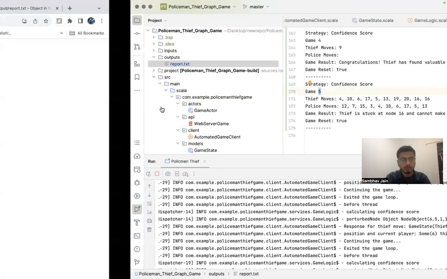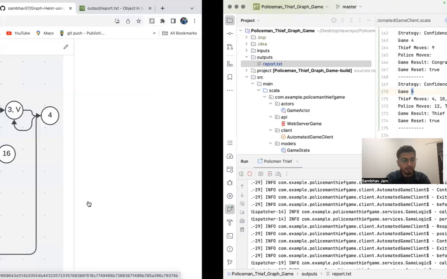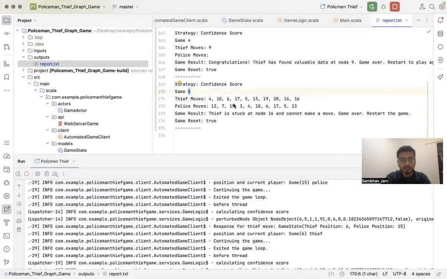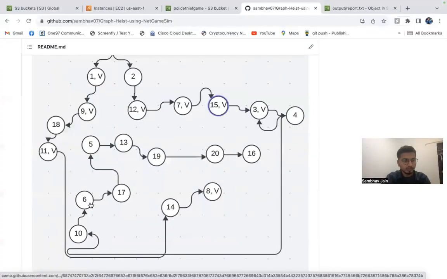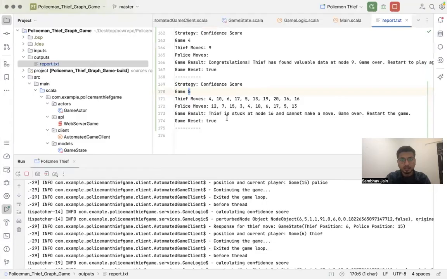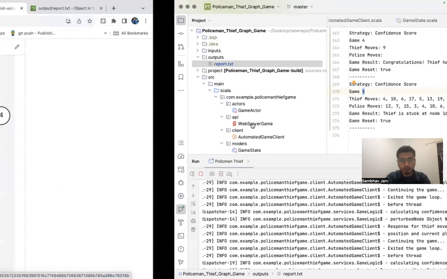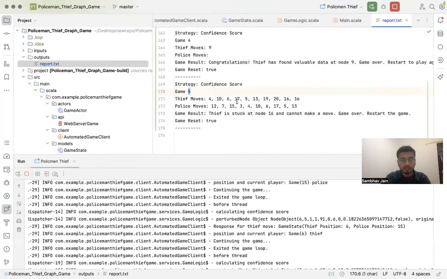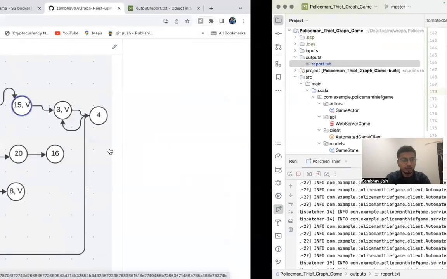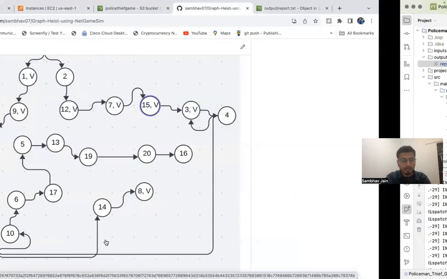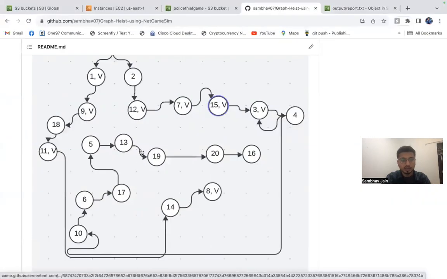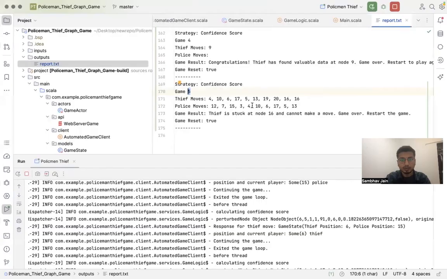Then police made a move to 15 and thief made a move from 10 to 6. And again, police made a move to 3 and thief made a move to 17. Then police made a move to 4. So after 3 to 4, that's correct. And thief made a move from 17 to 5. That's correct again. Then police made a move from 4 to 10. That's correct. And thief made a move from